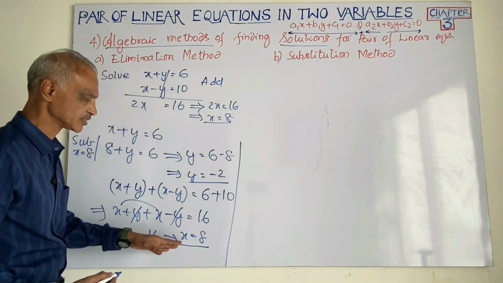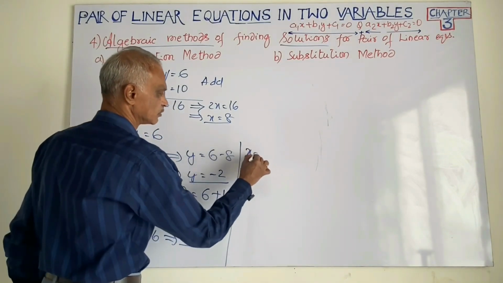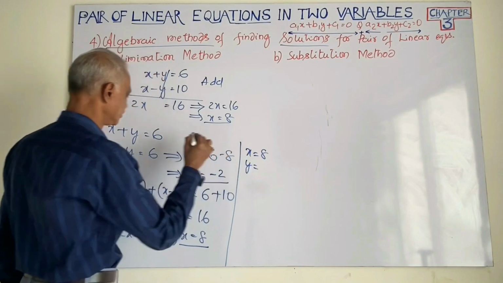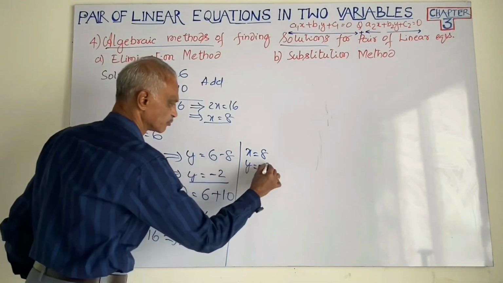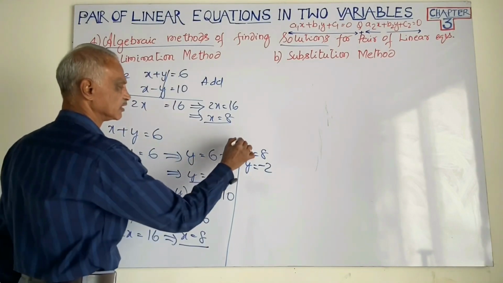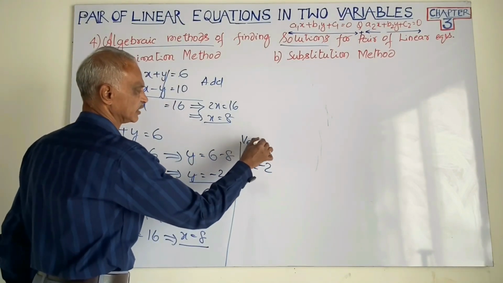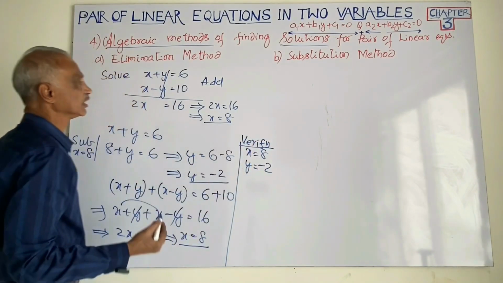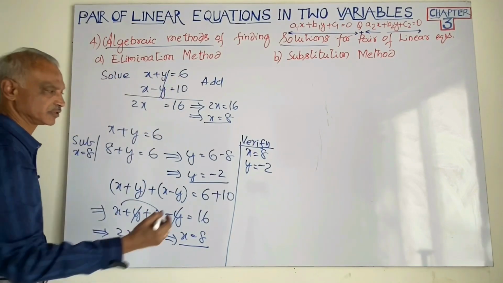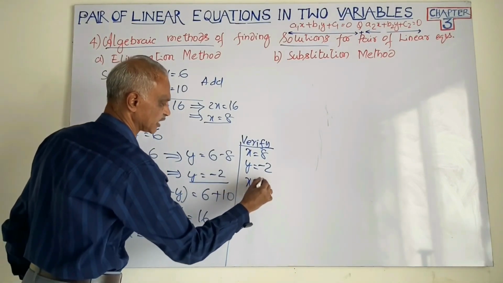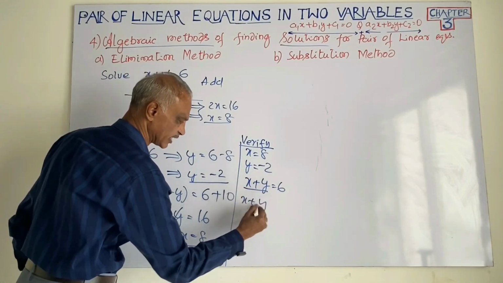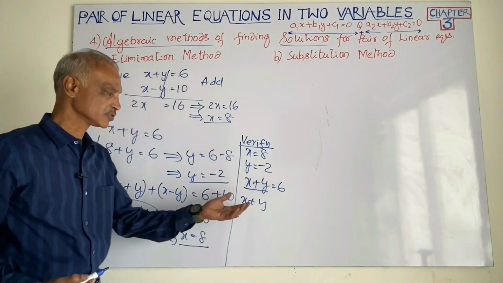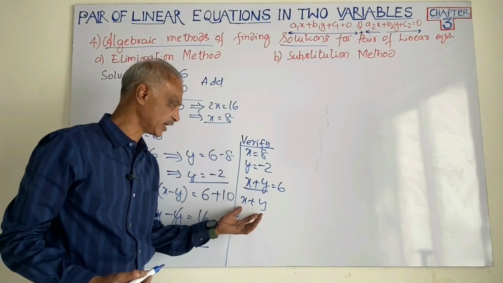You see, x is equal to 8 you got. What is the value of y you got here? Minus 2. We have to verify. This is verification. See, x plus y is equal to 6. You take LHS, x plus y. If you substitute the values of x and y in this LHS, left hand side,